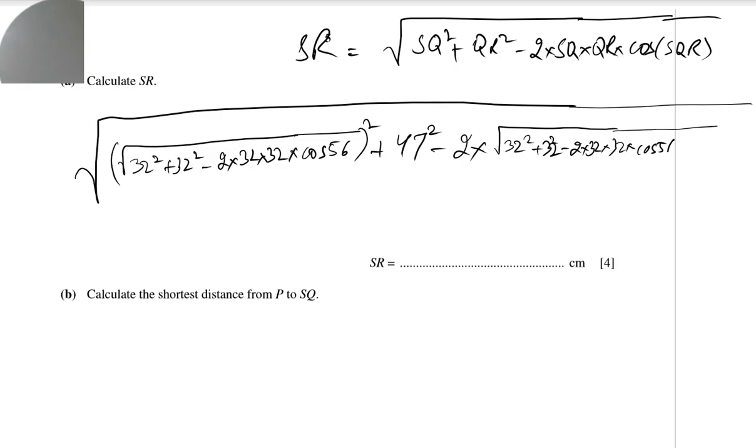Cos of 56, into cos of 60. So let's see. 32 square plus 32 square minus 2 into 32 into 32 into cos of 56, and